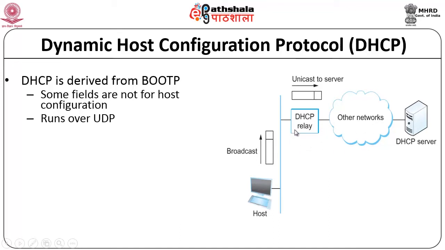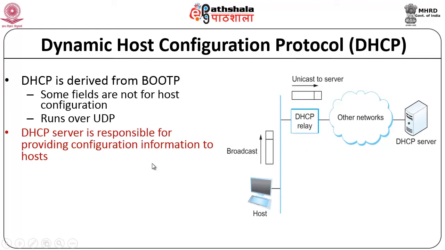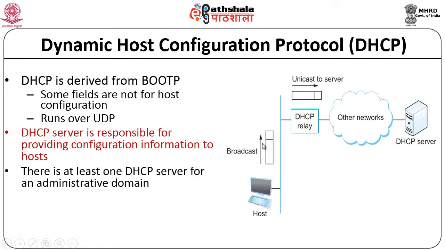Okay, this is the situation that you have. Now what DHCP will do is, it is responsible for providing all the configuration information that's required for this host. Which means this Dynamic Host Configuration Protocol can be used not only to give IP addresses, but also to give other information which is required for a node when it comes up. We'll take a look at that briefly.